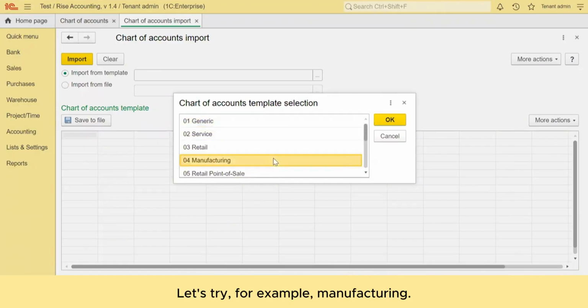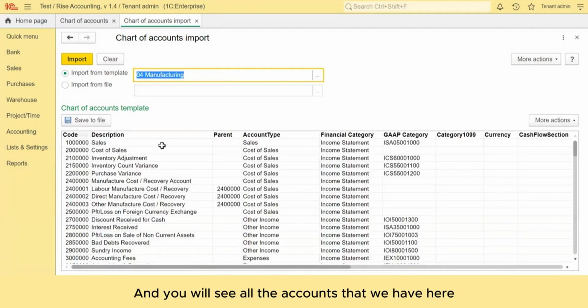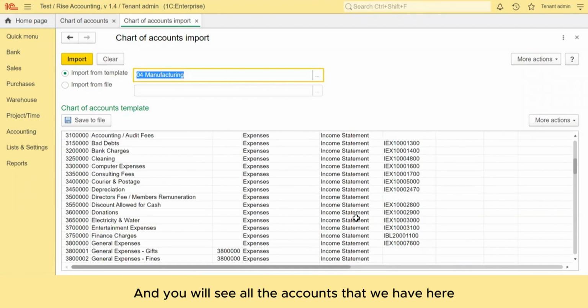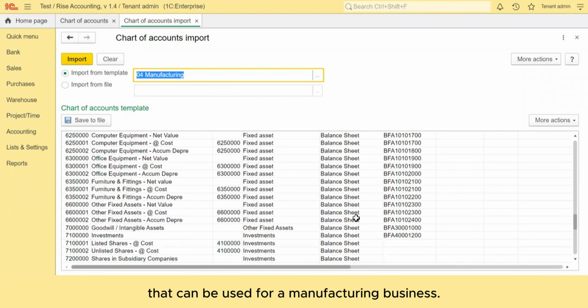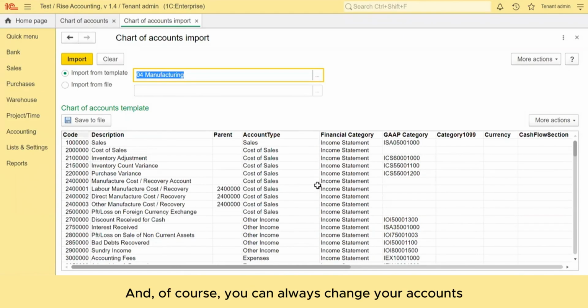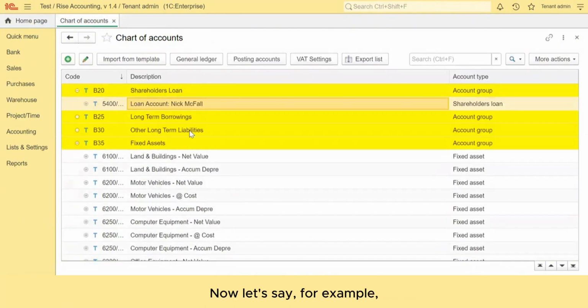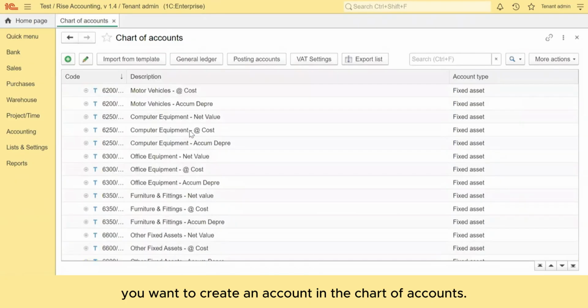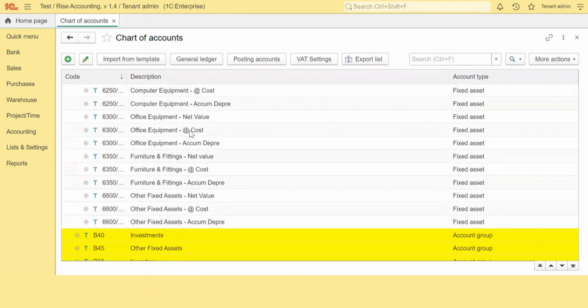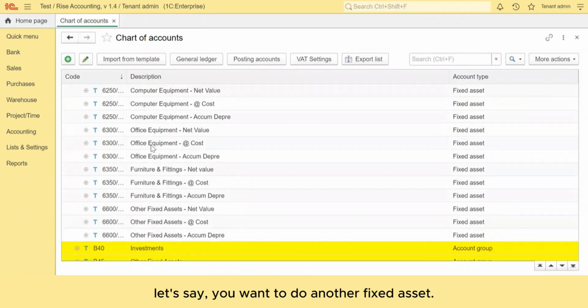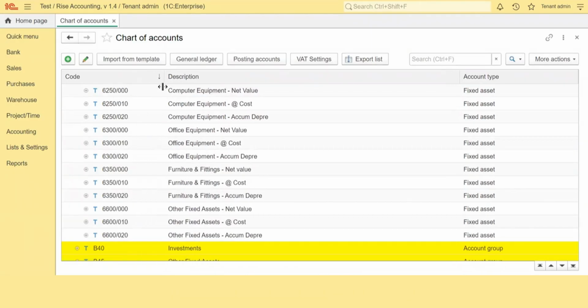Let's try, for example, manufacturing. You will see all the accounts that we have here that can be used for a manufacturing business. And of course, you can always change your accounts according to what you want. Now, let's say you want to create an account in the chart of accounts. Let's say you want to add another fixed asset. I'm just going to make this column bigger, and I can see that my fixed asset finishes here where it says